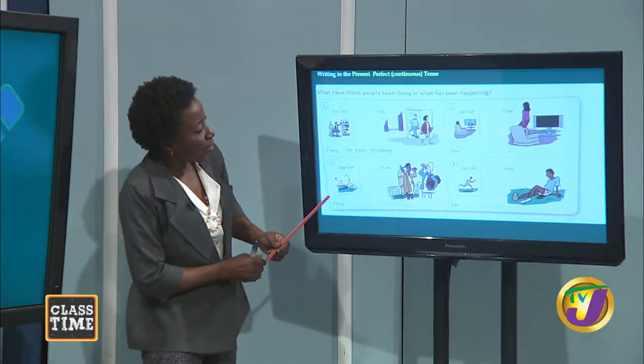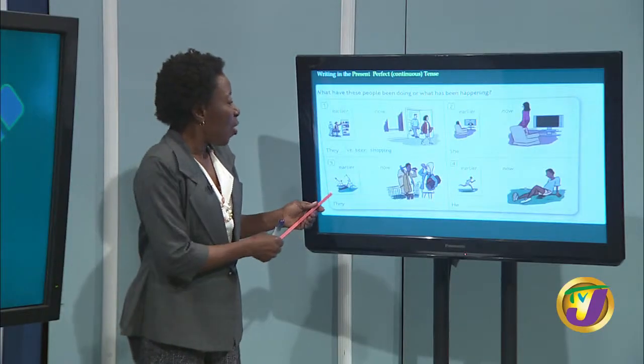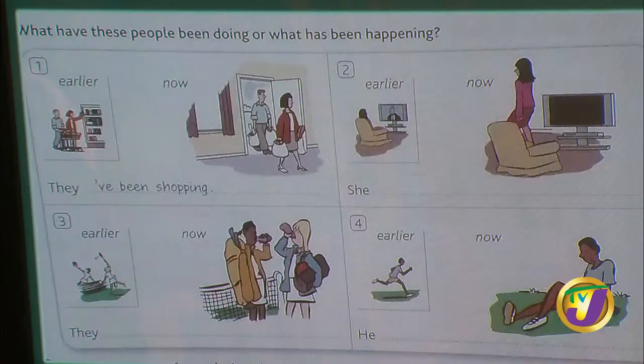Let's look at this picture here. 2 persons were playing tennis. Here. Now you could say they were playing tennis, right? But that would not capture effectively the idea. Because the tennis, you want to show that the action went on for a while. They just didn't just stop playing. It was going on for some time. So